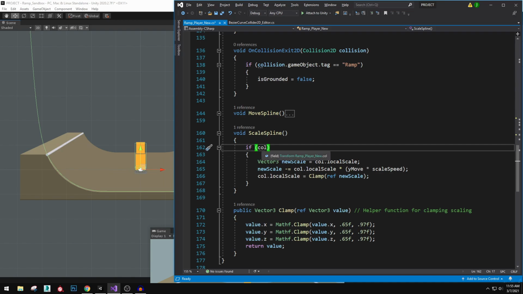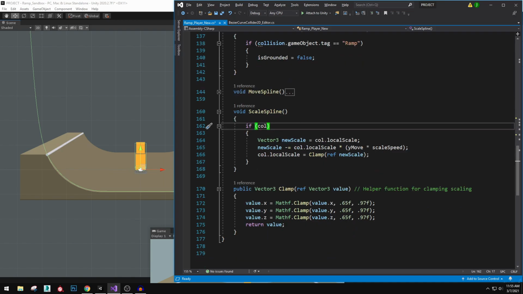So if we have that transform for the collision, we want to scale it. Let's set a new scale. We're going to say that that new scale is its current local scale that it is at that moment. New scale is going to be, we're going to take away from or deduct the local scale times Y move. So that is our up and down movement times the scale speed. So that's why when I press the keys and we move up and down, it actually does change that local scale based on the Y move. And then we also